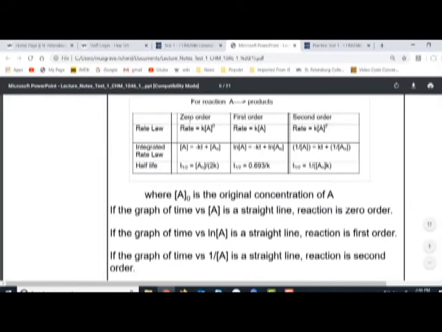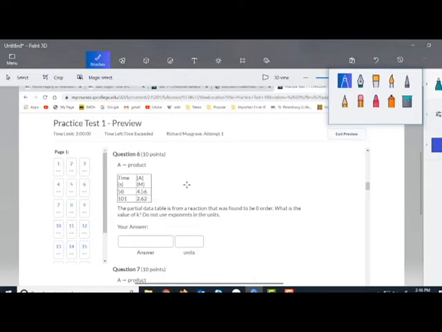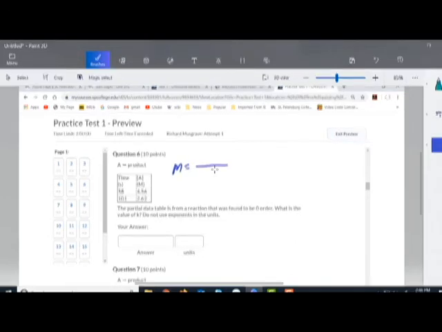Remember that in the case of 0 order, and that's what we're told in the problem we're dealing with, the y value is going to be A and the x value is going to be time. So going back to the question, here's our x and here's our y values. Now in order to calculate the slope, which is going to be m, it's going to be the change in y over the change in x, which is going to be 4.56